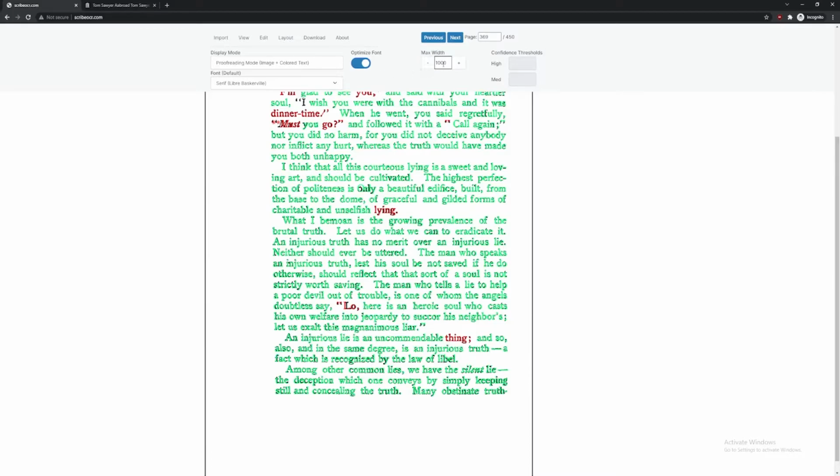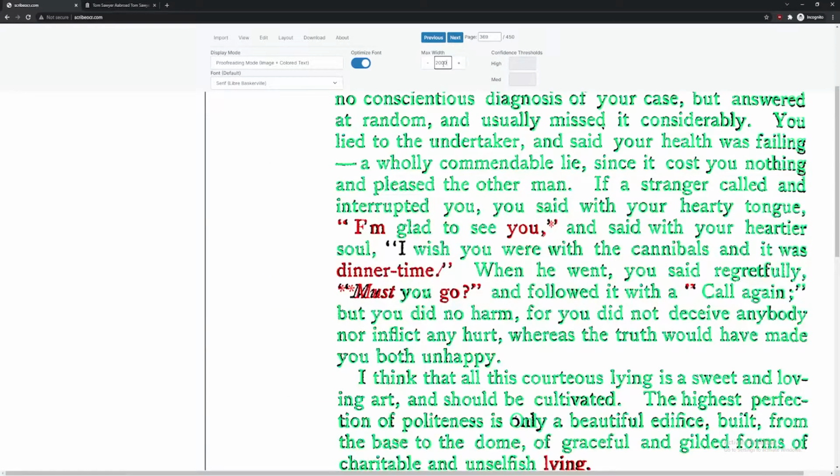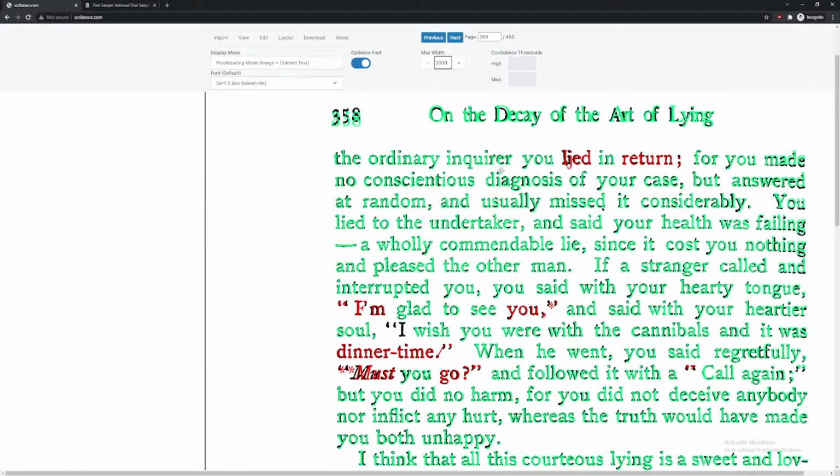We can zoom in by selecting a higher max width, I'll say 2000. And now there's a couple different ways that we could proofread. The most thorough method would just be to read every single word and correct any errors. Now this would definitely be thorough, but it also would take a long time. So let's look at some ways that we can save time by just skimming the document and looking at specific